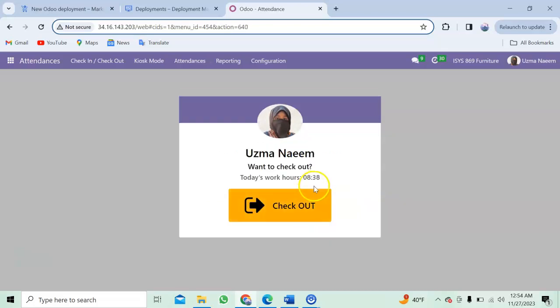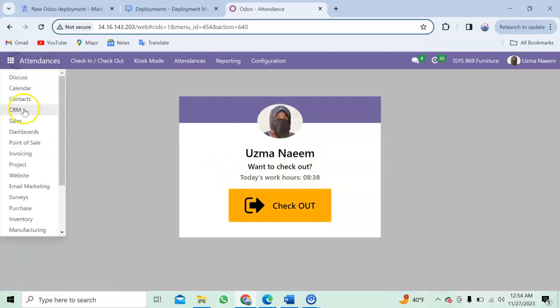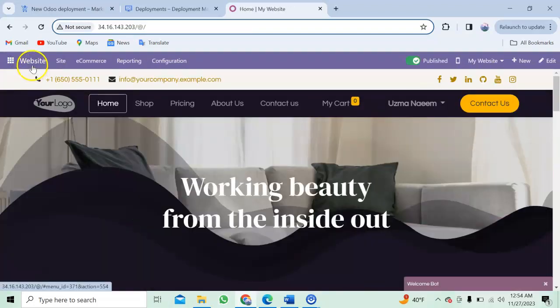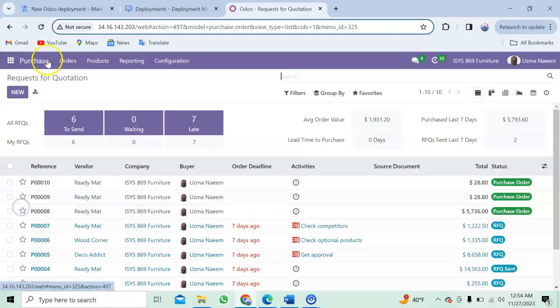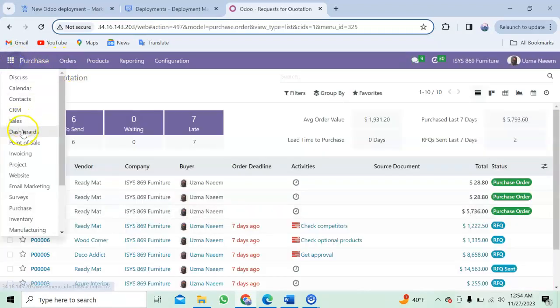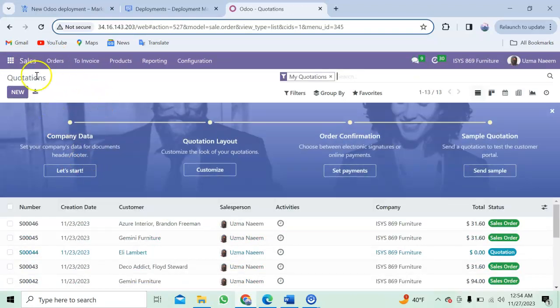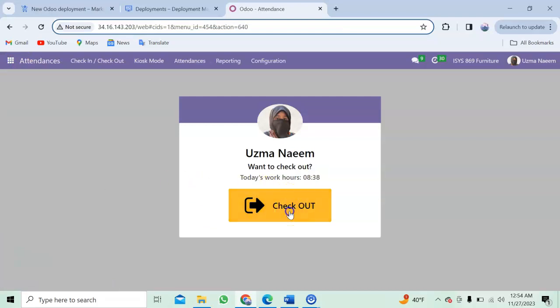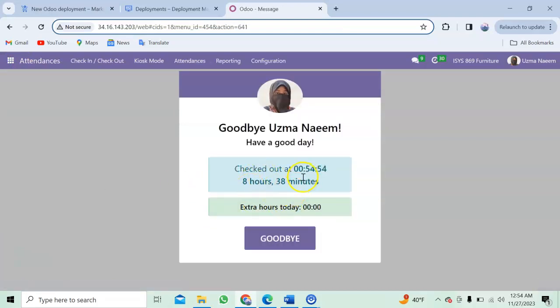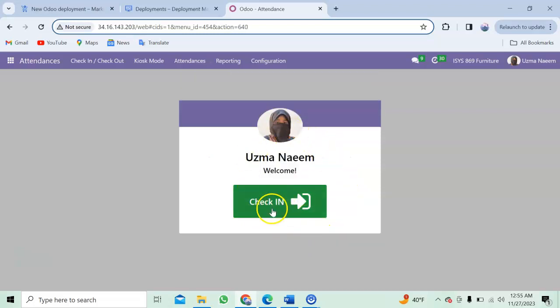I pressed OK. And after my work, when I'm done with all my things, for example, I did some work here. I created some purchase orders from here. I created some sales orders. I processed some sales orders from here. And now I get back to my attendance to check out. So it is going to work. It comes here, at what time I have worked and for how long I have worked. So everything can come here